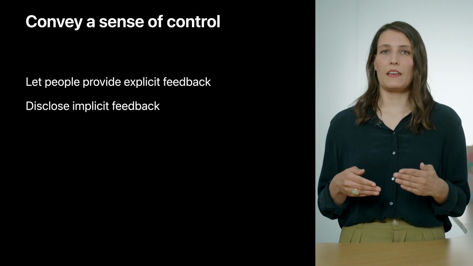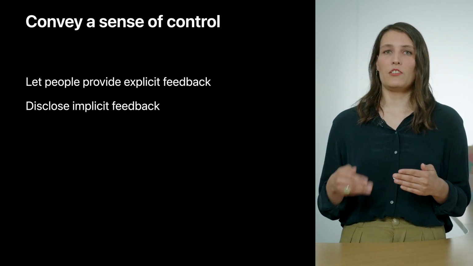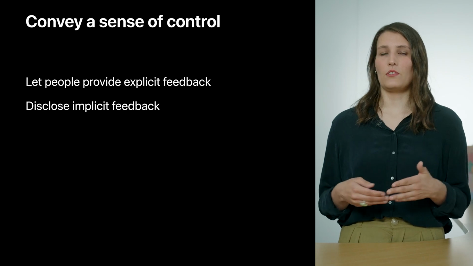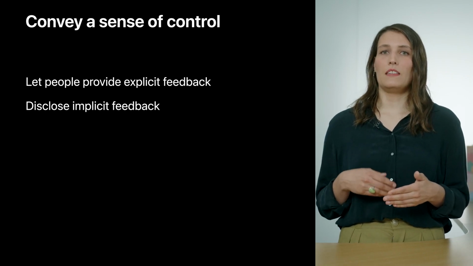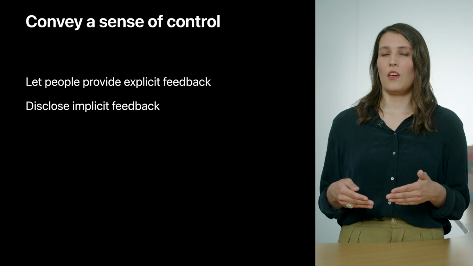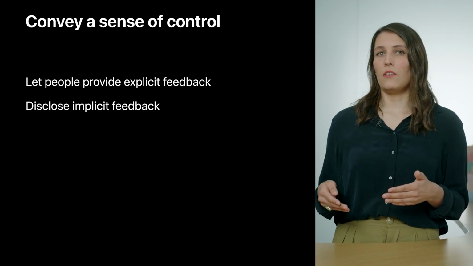So now that we know how to design feedback and actions, the next step is to be mindful about the outputs of these actions. So in order to do this, disclose implicit feedback. Implicit feedback is information that arises as people interact with your app's features. Implicit means that it happens without people consciously asking for it. For example, when viewing a recipe or sharing toast with a friend. By discussing the implicit inputs, we inform people of the system recommendation input source and therefore increase the discoverability of the content and the understanding of the system.